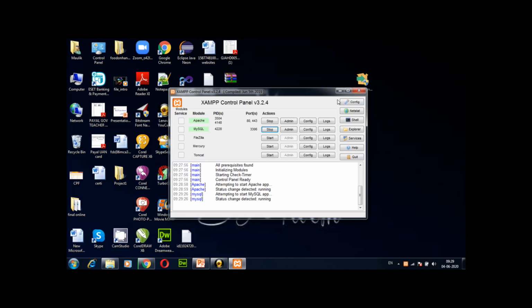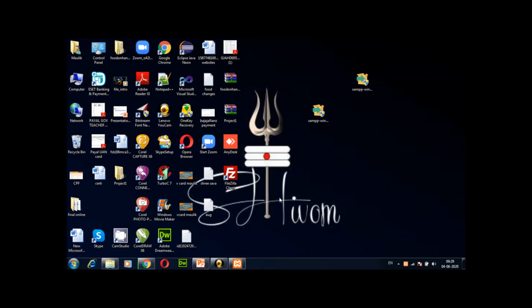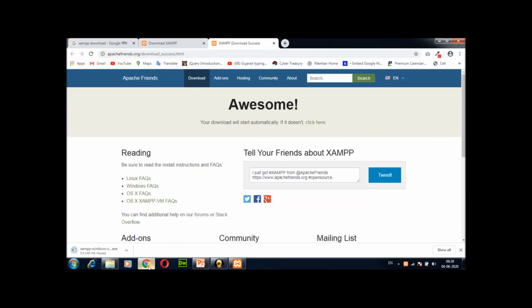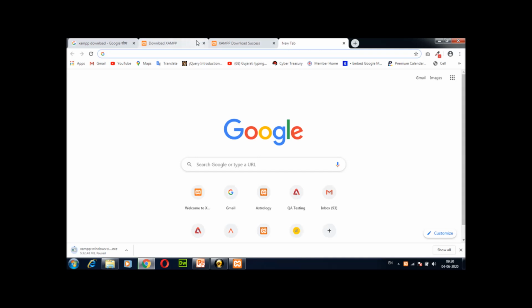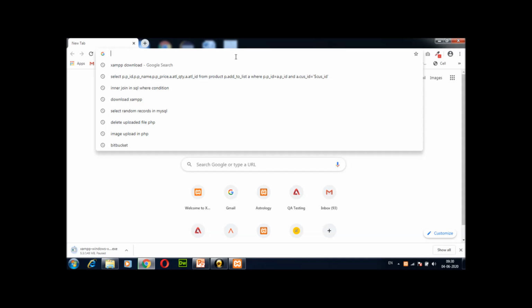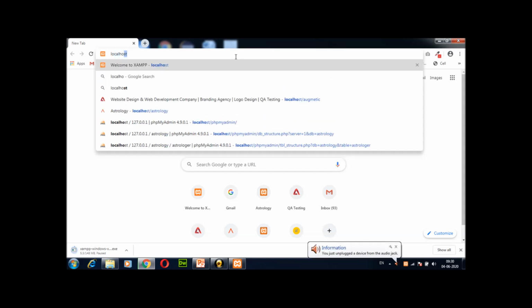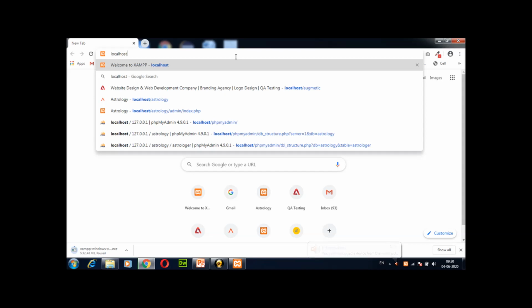Now after starting these services, we can open the XAMPP dashboard. For opening the XAMPP dashboard, you have to go to a browser, and inside the browser you have to write localhost. Localhost is used to start the XAMPP dashboard.